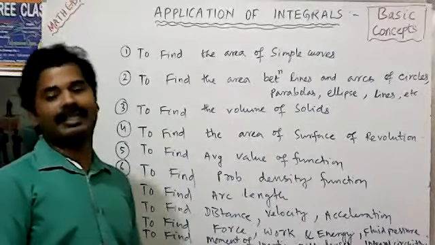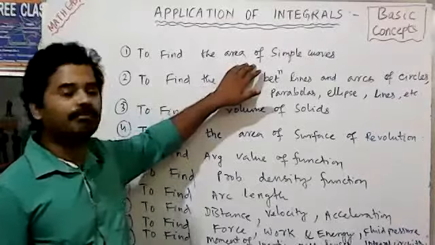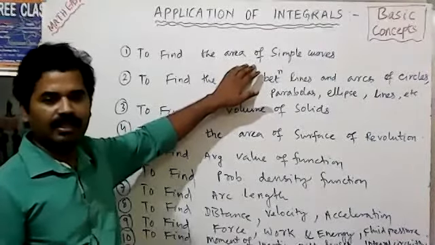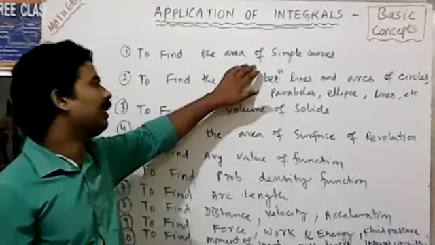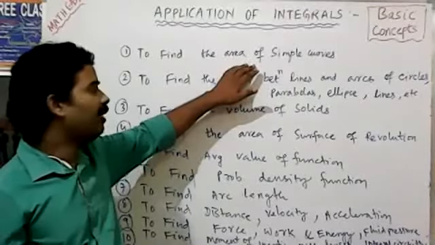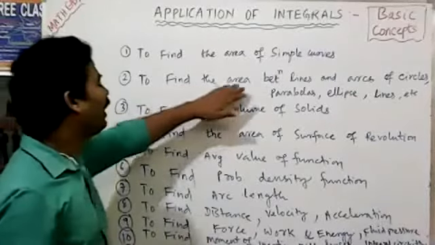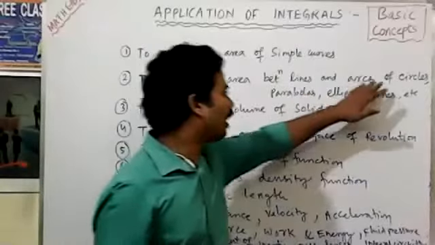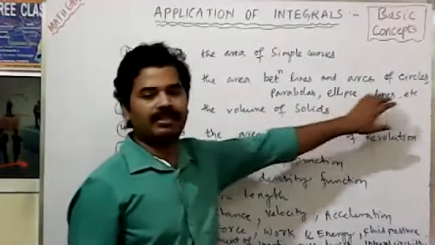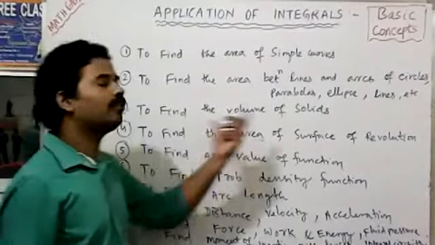So now, what are the applications? To find the area of a simple curve. A simple curve can be a line, a circle, an ellipse, a parabola, or a hyperbola. You can also find the area between lines and the arcs of circles, parabolas, ellipses, lines, etc. Similarly, also to find the volume of a solid,